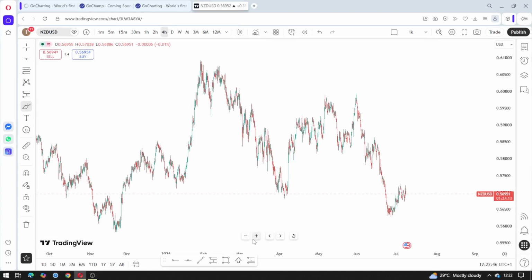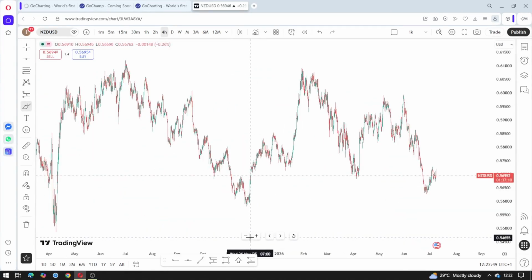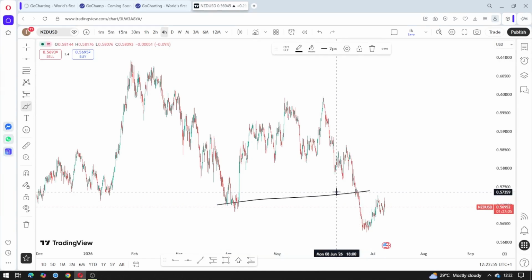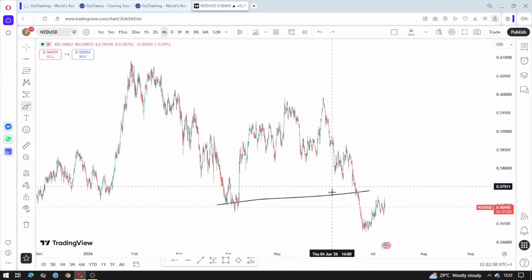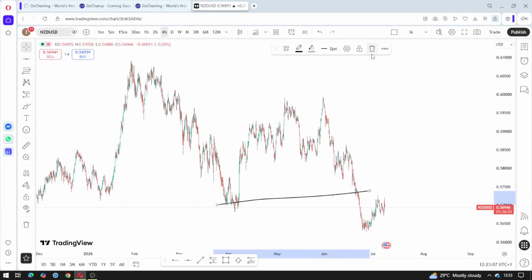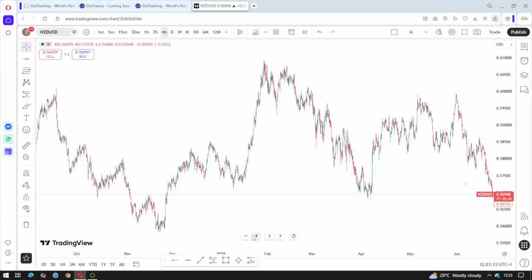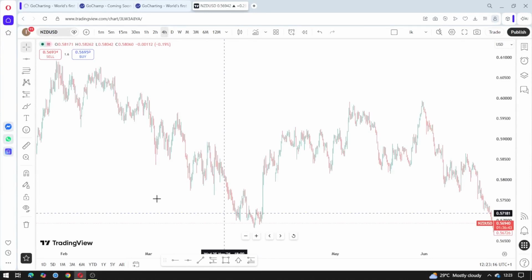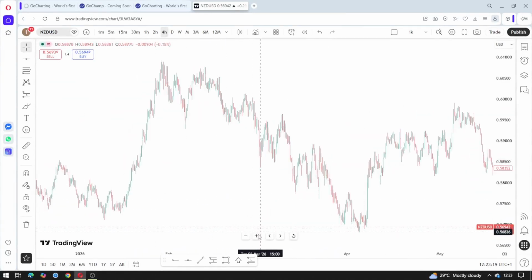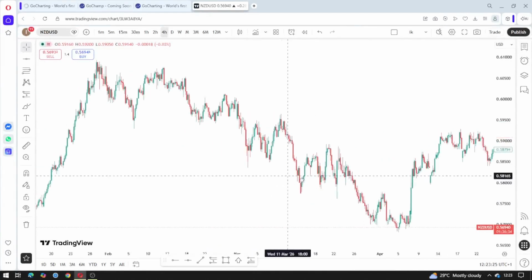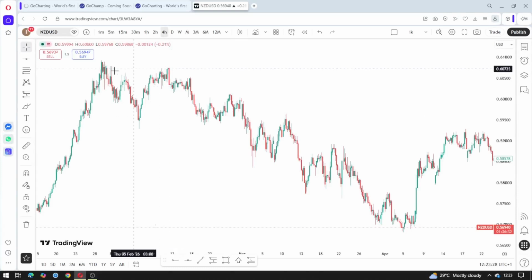Guys, you just need to learn and practice. Okay, so let's come to this. So guys, please, I want to delete this. I can move forward. All right, guys. So look at this point. Look at this point here. Look at this point. This point, when you came to the market,